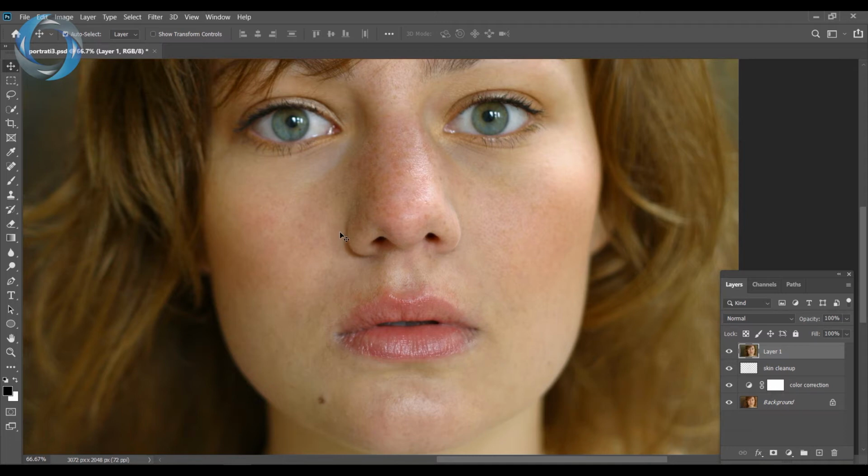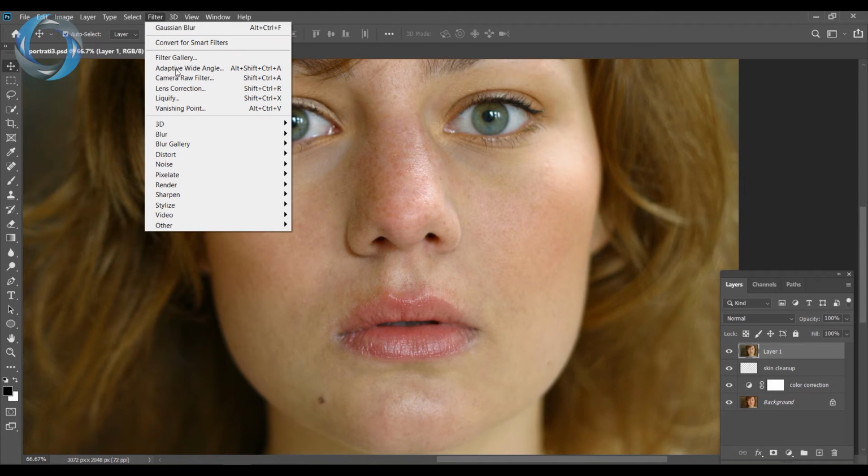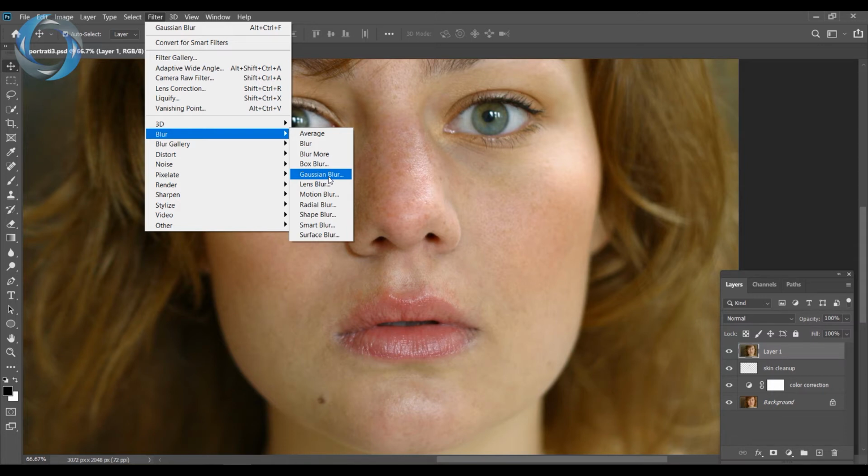Now, the mistake made by a lot of beginners when it comes to smoothing this is that they go to the option which says Filter, and then the option which says Blur. There's a very popular option in Photoshop which we're also going to be using a lot in this course and in frequency separation. But a lot of beginners use only this. So if I select this Gaussian Blur,